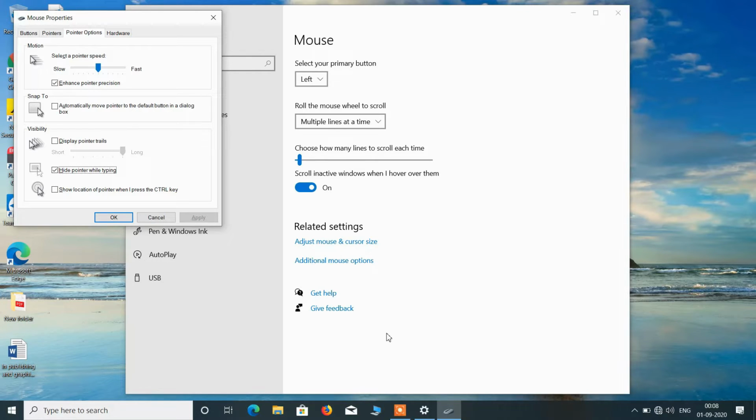Just click on the space bar on the keyboard to uncheck this option. Now just keep on pressing the tab key until you reach the apply button. So the apply button is now selected, just hit enter. Now to close this window, just press function Alt F4 or Alt F4 only on your keyboard.